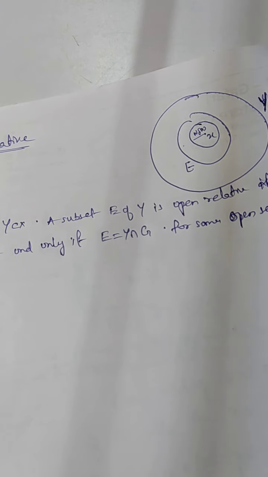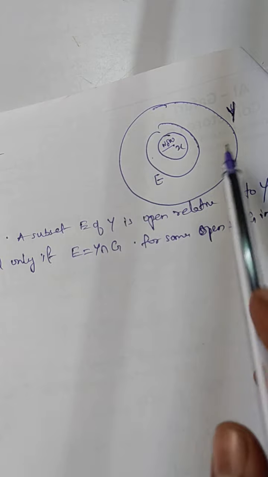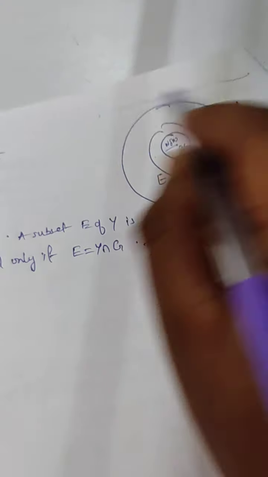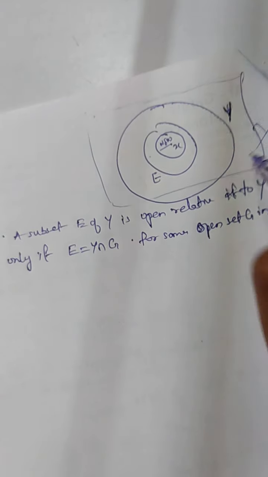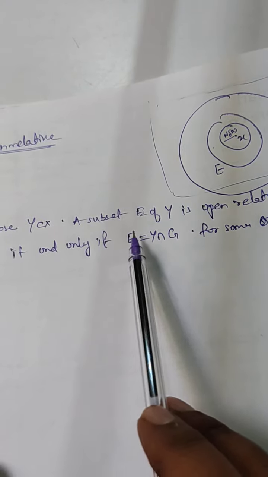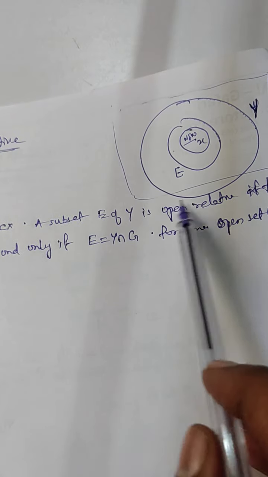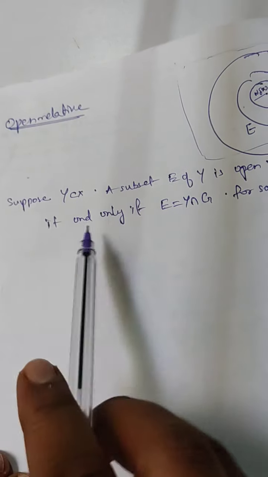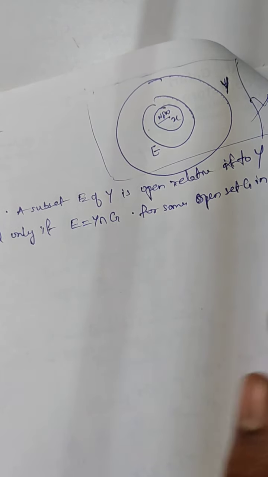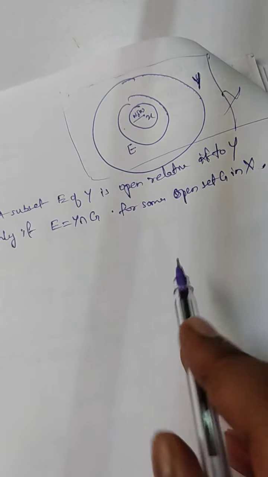Suppose Y is a subset of X. We know that Y is not just drawn on its own; there will always be an X around it. So Y is a subset of X. A subset E of Y is open relative to Y if and only if E is equal to Y intersection G for some open set G in X. So basically what it's saying is that